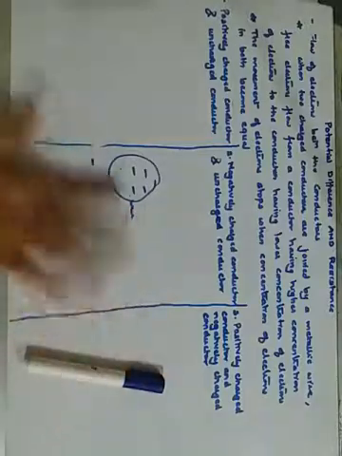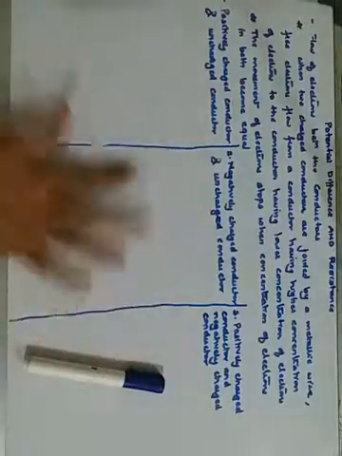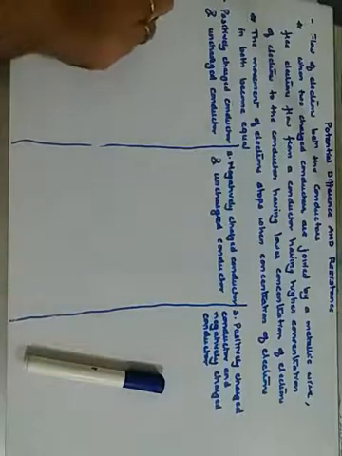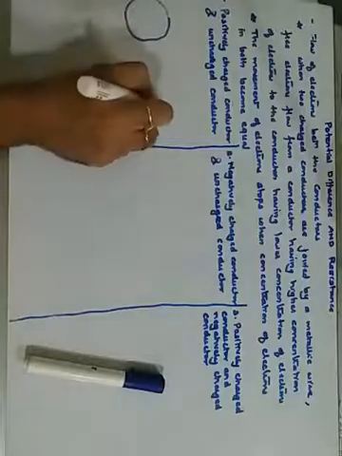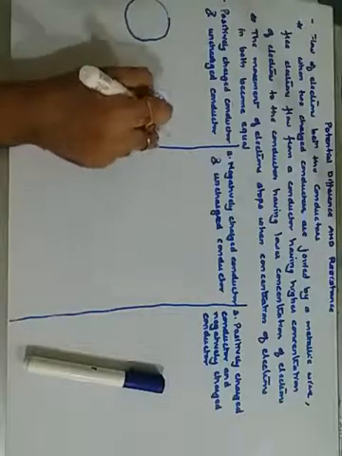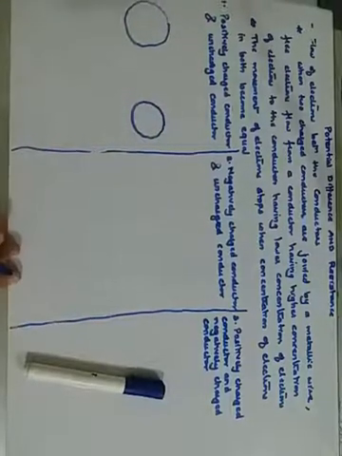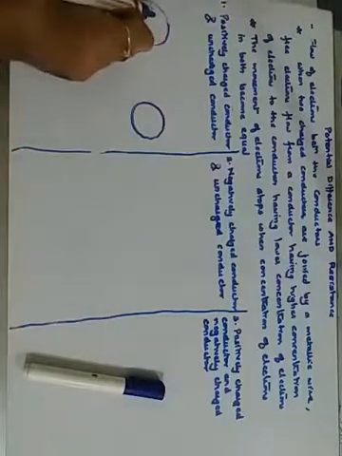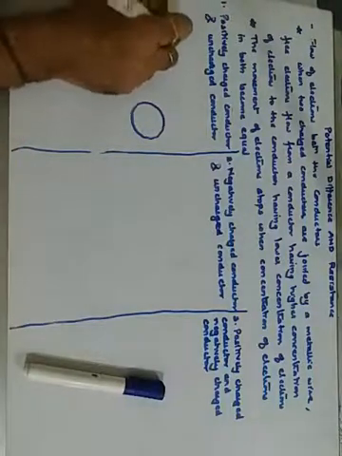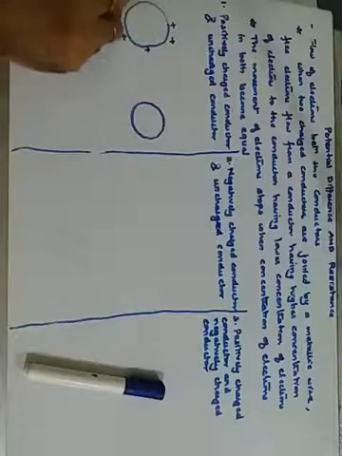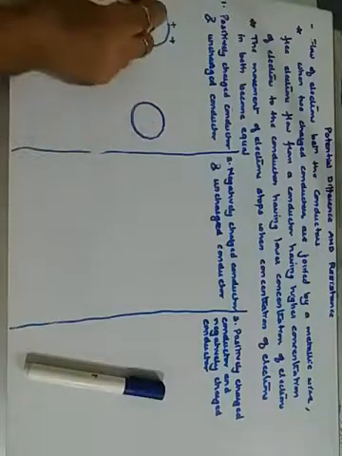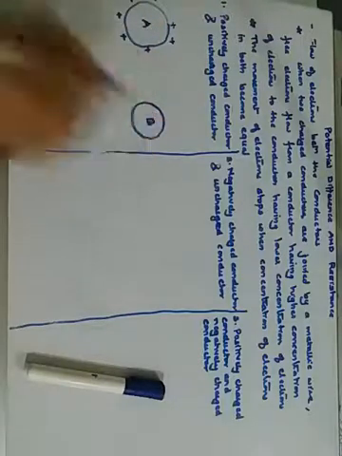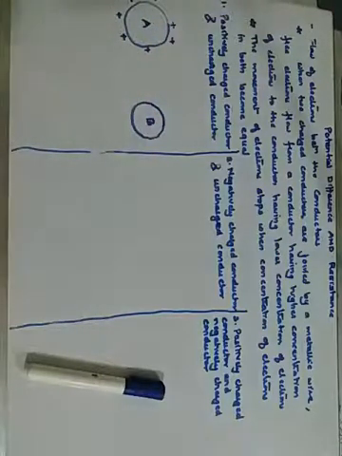Here I have made 3 columns in which I am going to take a positively charged conductor and an uncharged conductor. So suppose I take this, this is a positively charged one and this is an uncharged one. Here this is your positively charged conductor, in which there are positive ions, and this is uncharged. There is no charge on it. This is body A and this is body B.